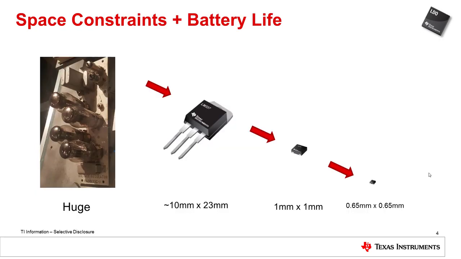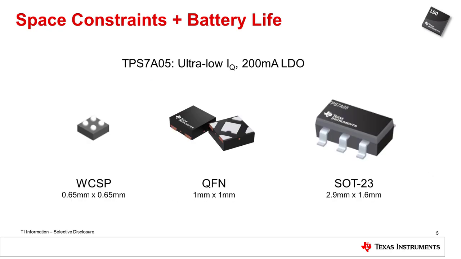Something else to consider is also the size of the LDO. We've come a long way from having these huge linear regulators from 60 years ago to these ultra small wafer chip scale packages. We can see that this also matches the continuing trend in electronics of smaller and lighter products. This is because in these consumer products, the battery is usually the largest and heaviest part of the design. However, designers don't want to typically shrink the battery because that would decrease both the capacity and lifetime of the battery. Therefore, it's critical to keep all other onboard devices as small as possible while maintaining performance.